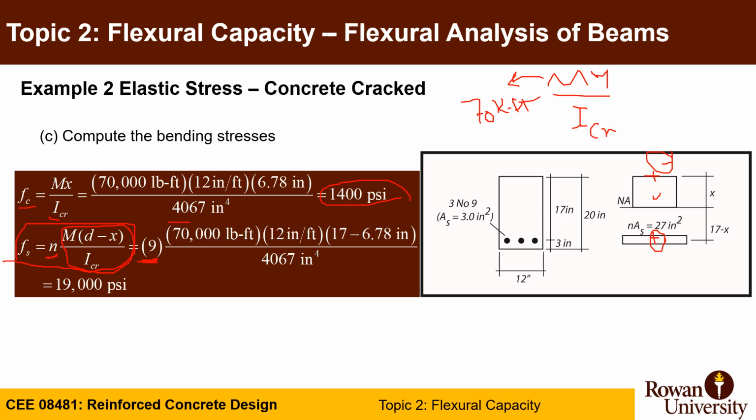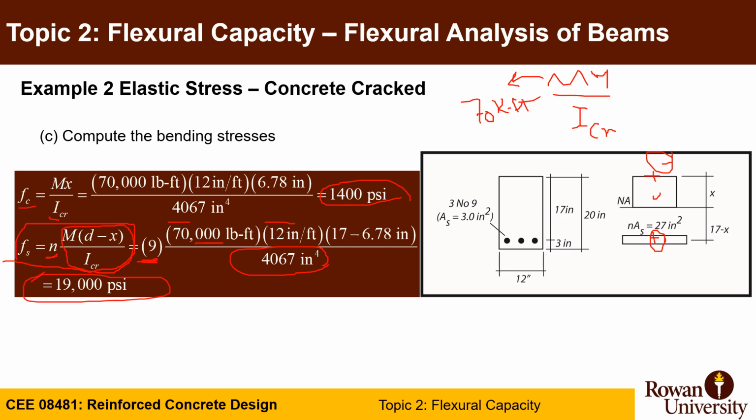The moment is 70 kip-feet, sorry. So 70 kip-feet times 1,000 to make it pound-feet, and multiply by 12 to convert from feet to inches, and d minus x is 17 minus 6.78, divided by 4,167 inch to the power 4. That gives you the stresses in the rebar of